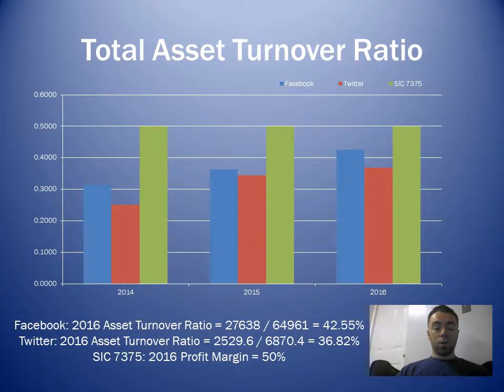Since the company saw a significant inflow of cash after the IPO, ultimately increasing their total assets, the company has been criticized that they are slightly less effective in driving sales with assets on hand than other industry leaders. I am confident that Facebook's total asset turnover rate will return above industry averages in the upcoming years due to their upward moving trends of sales over the past 3 years. As can be seen on the graph in the information below, in 2016, Facebook generated 42 cents in sales for every dollar of assets they possess.